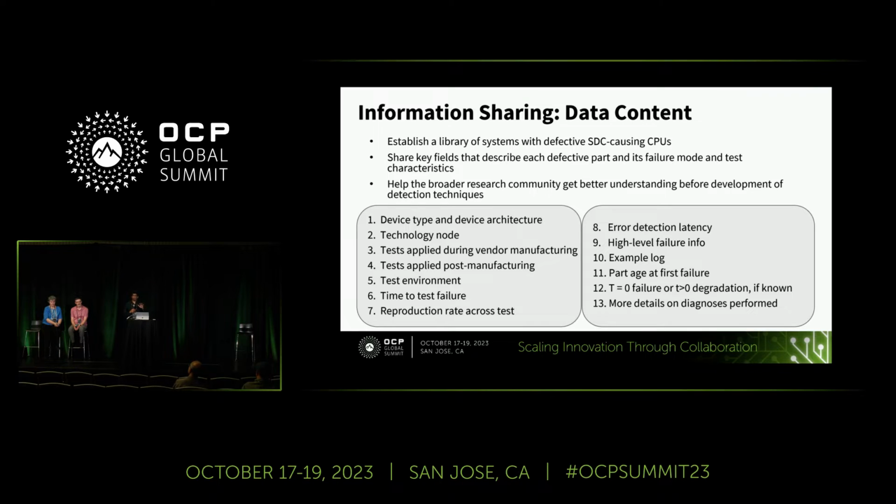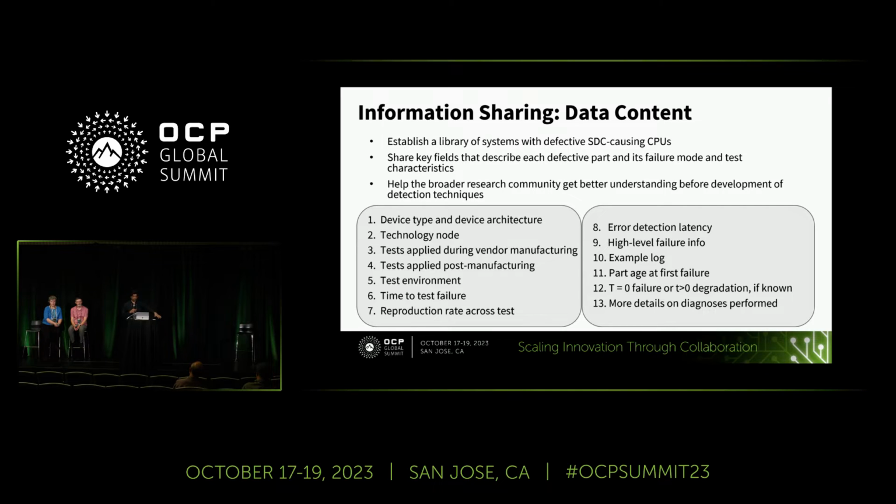So going back to the crawl phase, the information sharing, the data content. We want to start by establishing a library of systems with defective SDC-causing CPUs. This says CPUs. It should really say CPUs, GPUs, and other accelerators. Sharing key fields sounds simple, but it's really: here is a defective part, and here is a bunch of information about this part that might be interesting to understand the defect better, right? And that helps everybody start to get a better understanding and develop better techniques and be able to target their